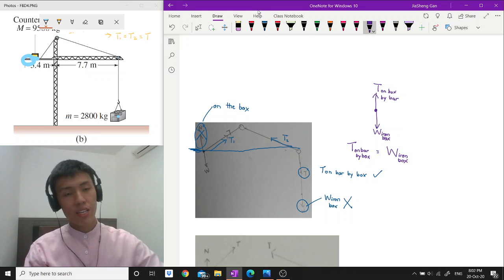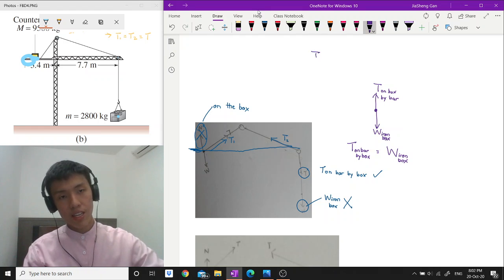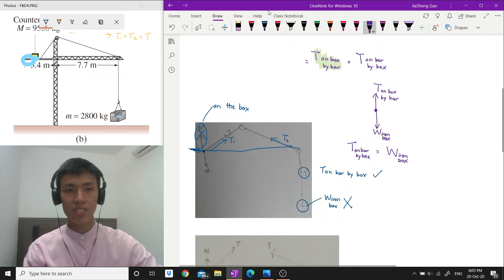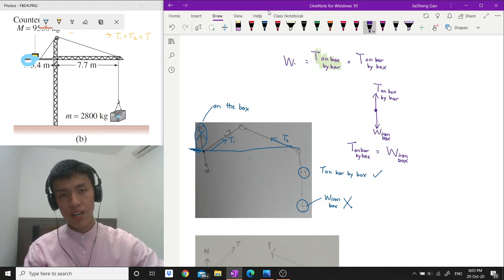Okay, then you know from the third law that the tension on the box by the bar has the same magnitude as the tension on the bar by the box. And because you know that the tension on the box by the bar has the same magnitude as the weight of the iron box,